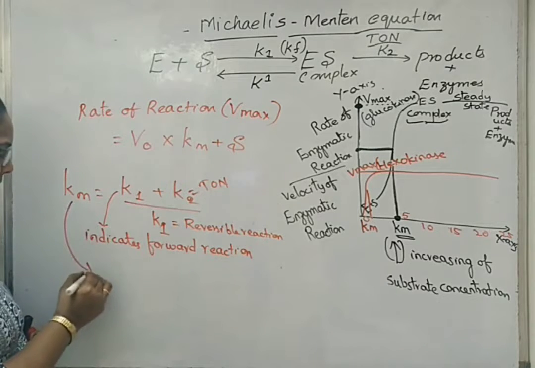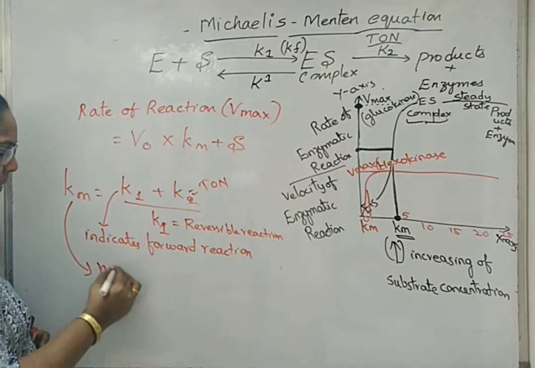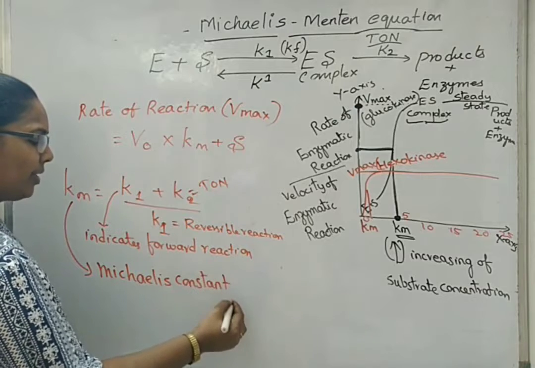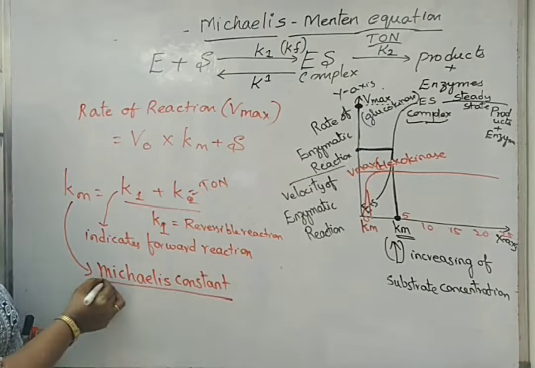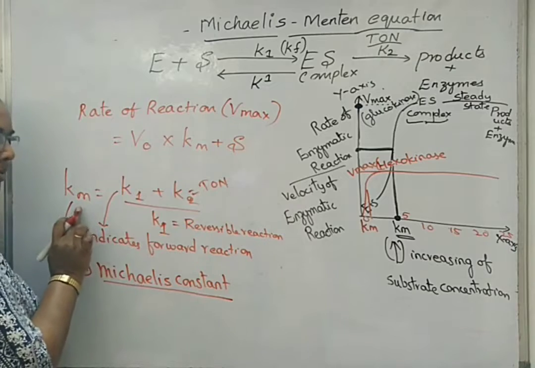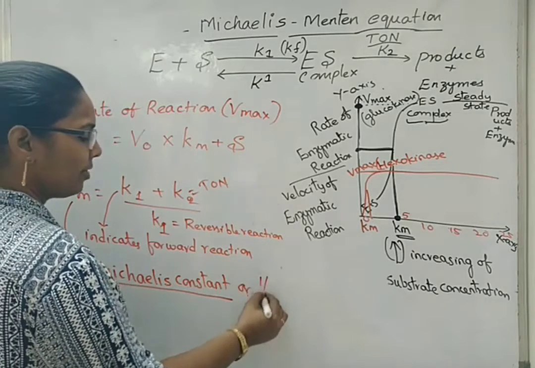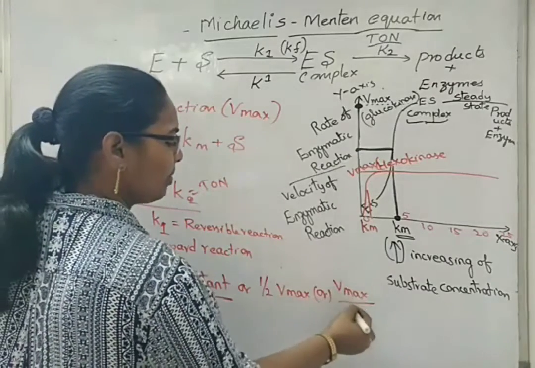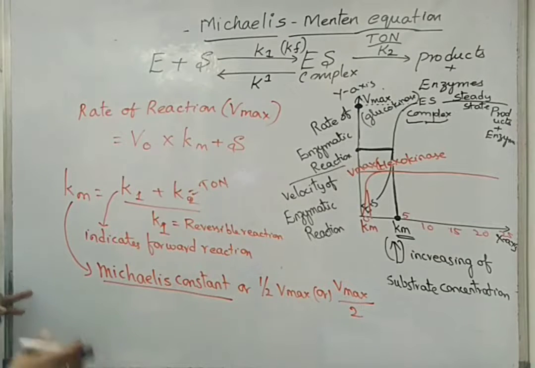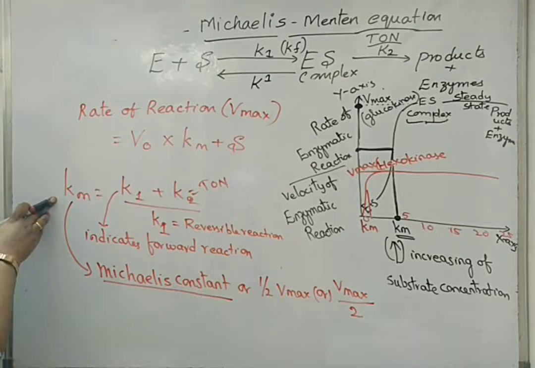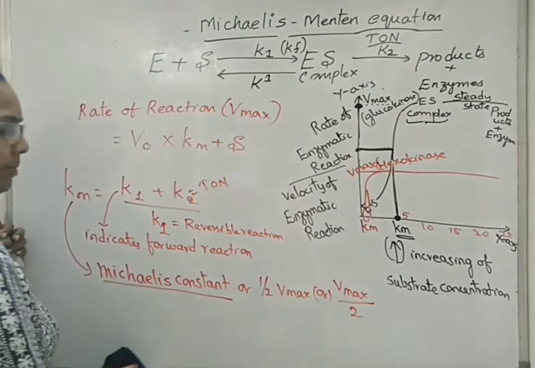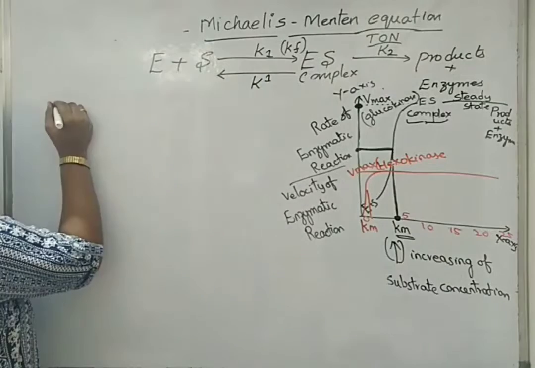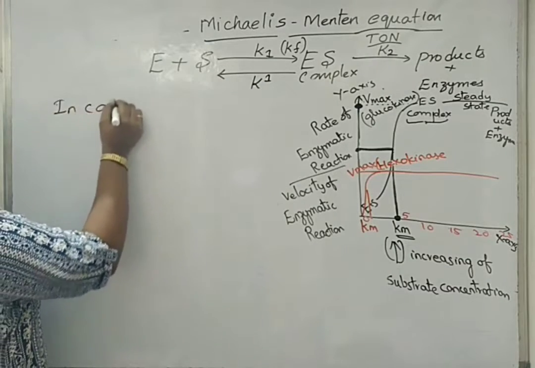There is another term used in the books for Km, that is simply Michaelis constant. If we see any word like Michaelis constant, try to understand that the examiner is talking about Km value or half Vmax, or this same one can be written as Vmax by 2 also. Still the meaning will be regarding Km value only. We will see some points by linking up this Michaelis Menten constant with competitive and non-competitive inhibition. In competitive inhibition,